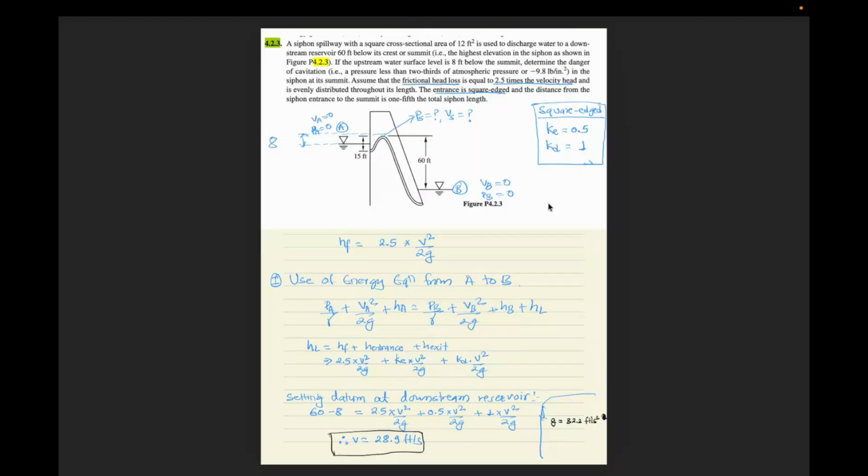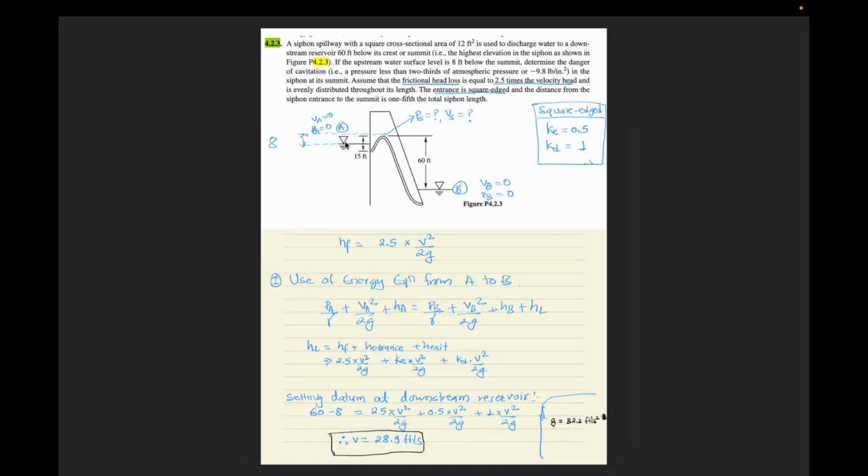Now let us jump into question number 3, which is 4.2.3. This asks us to determine the danger of cavitation, that is a pressure less than 2 by 3 of atmospheric pressure or minus 9.8 lb per inch square. So here it has given